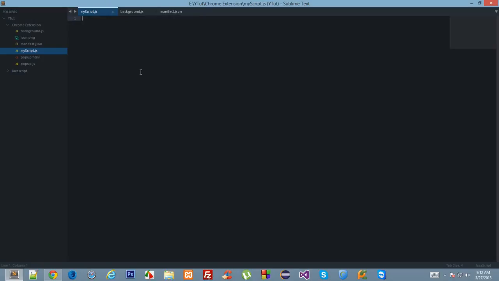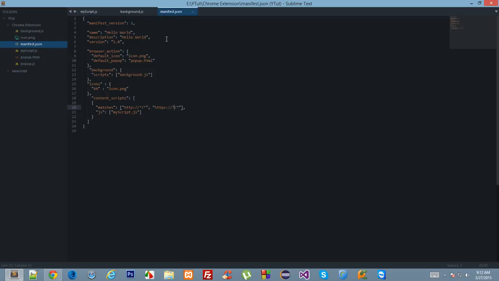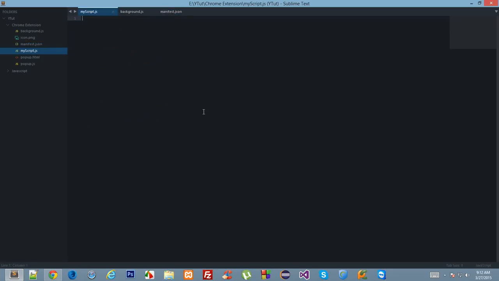To do that, first of all, in your content script defined in the manifest.json right here, go ahead and type chrome.runtime.sendMessage, and in the parentheses supply the message you want to send. And in the background script we want to receive this message sent by the content script. So what we do is we type